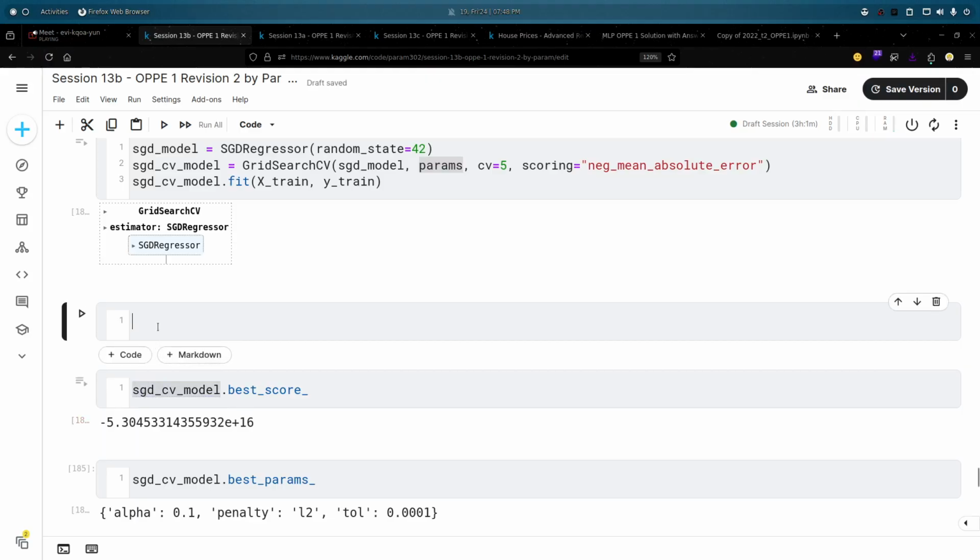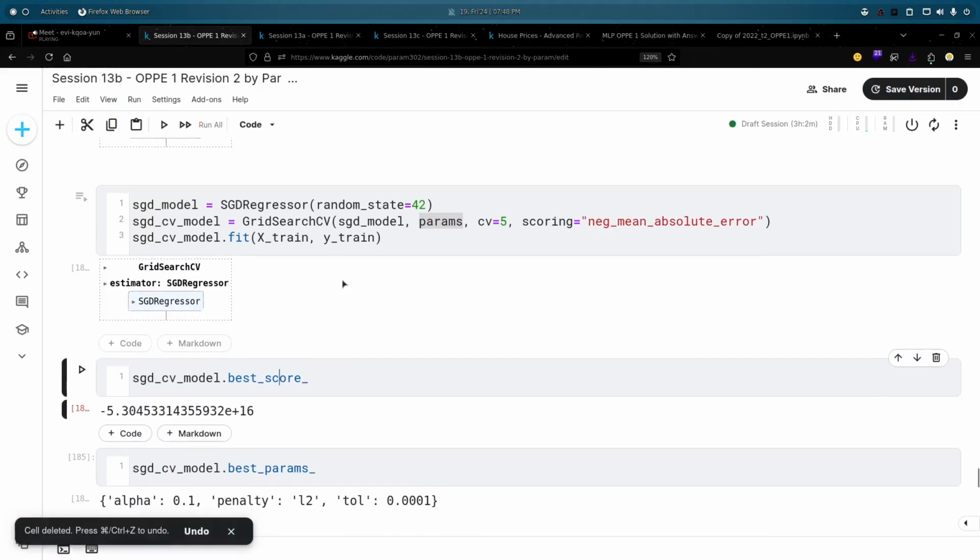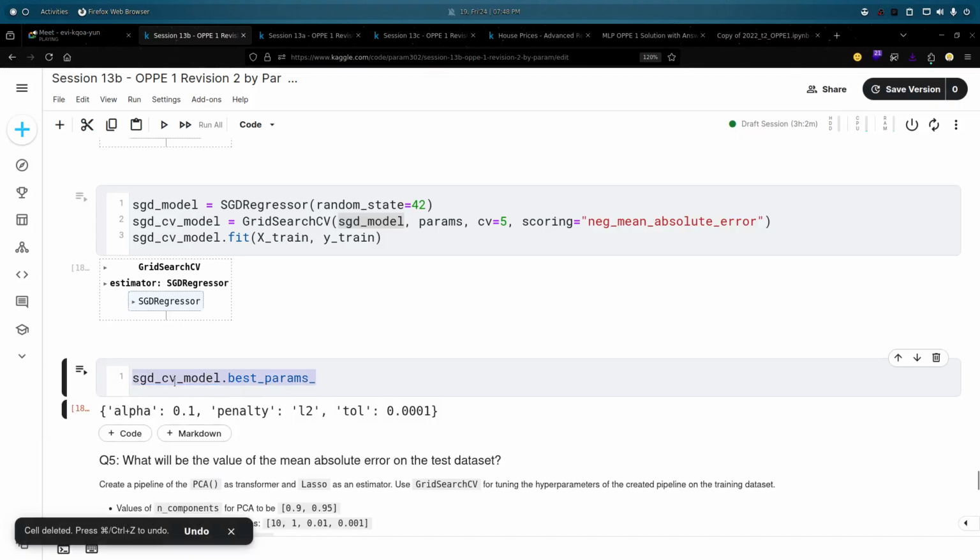And if I check this, this is my estimator, and it is checking which parameters are best fitting on this model. With the help of cross validation, it is evaluating the score, and then based on that model we will get the best parameters as well.